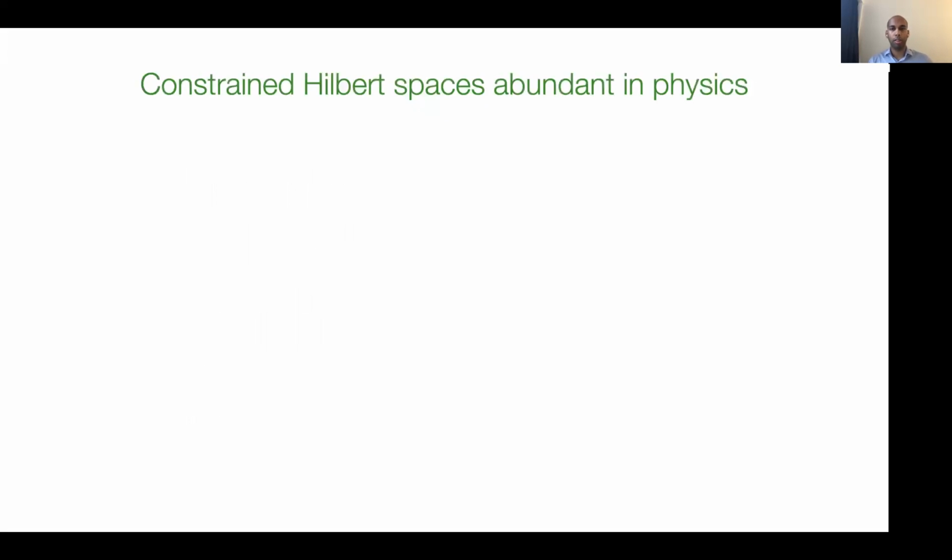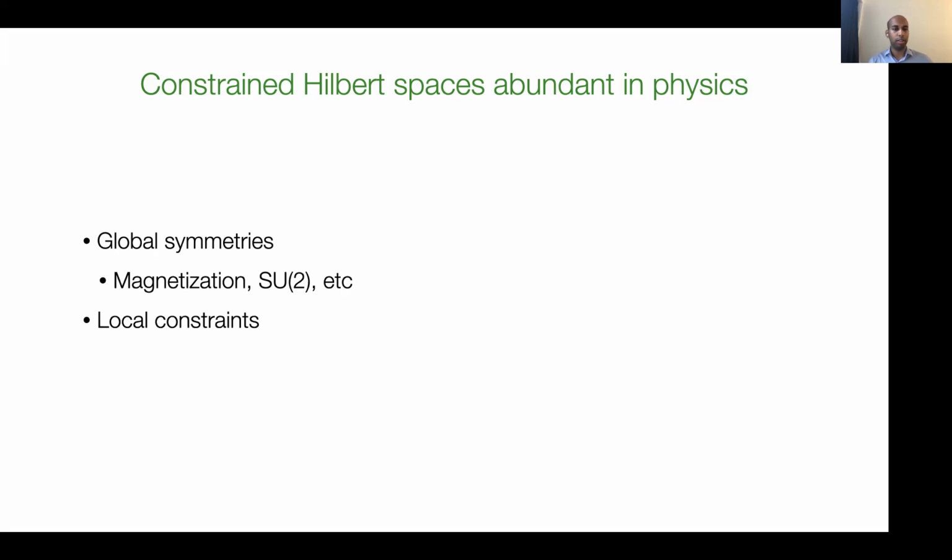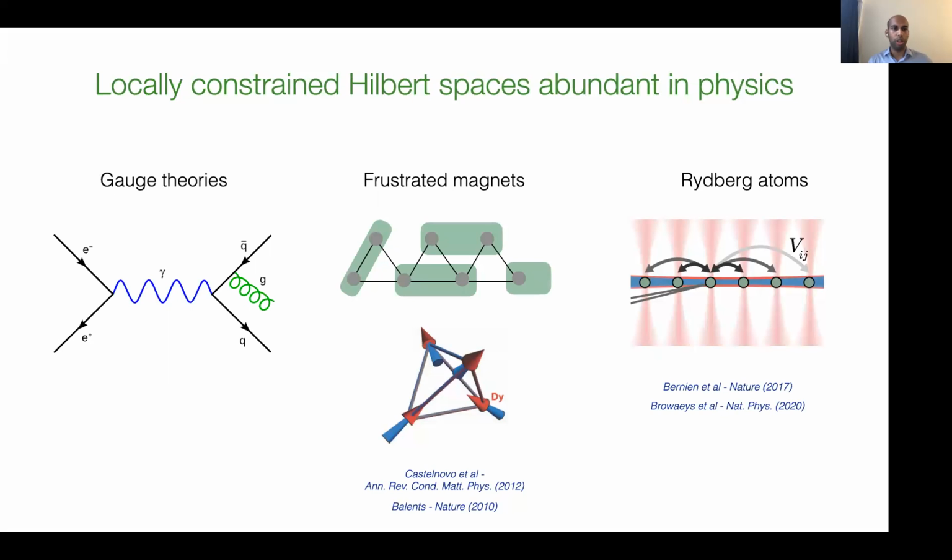From a high level perspective, constrained Hilbert spaces are really abundant in physics. The simplest sets of constraints are global symmetries, such as magnetization or SU(2). Any sort of global symmetry would be a constraint on a system. But another sort of constraint is a local constraint, which is where a lot of the interesting physics in this talk comes about. So what do we mean by local constraints? Local constraints occur in a wide class of systems, the most prominent of which are gauge theories,